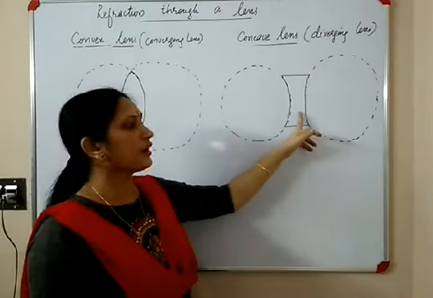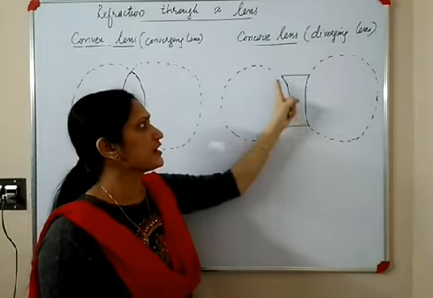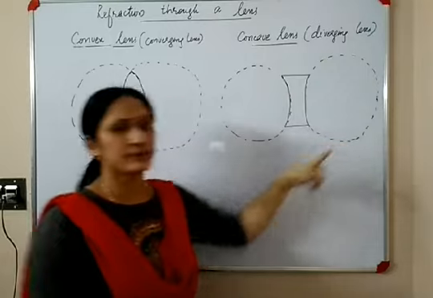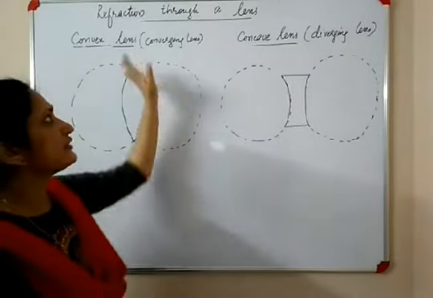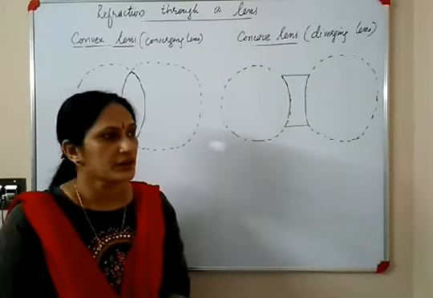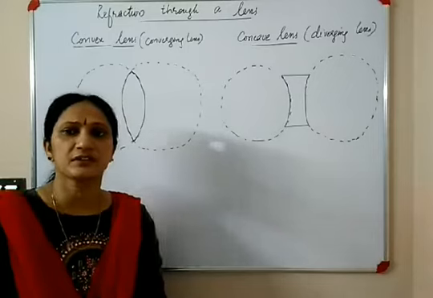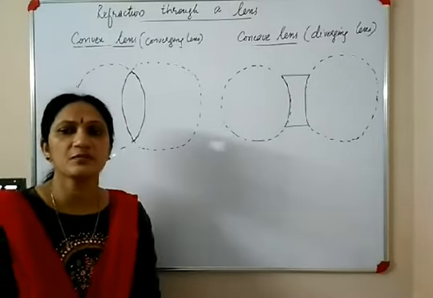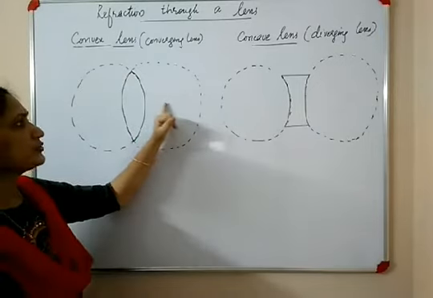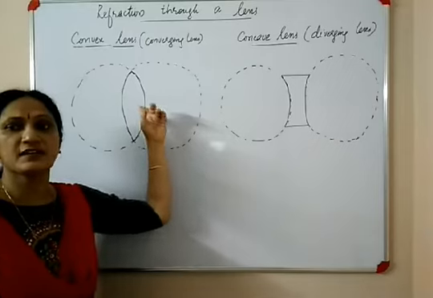Similarly, a concave lens also has two spherical surfaces. This is the first surface. It is part of one sphere, and this surface is part of another sphere. That is why generally these lenses are called spherical lenses. Okay, now let us see the important terms connected with lenses. First term, center of curvature. It is the center of the two spheres with which this lens is made.